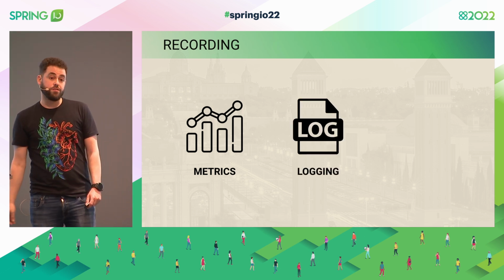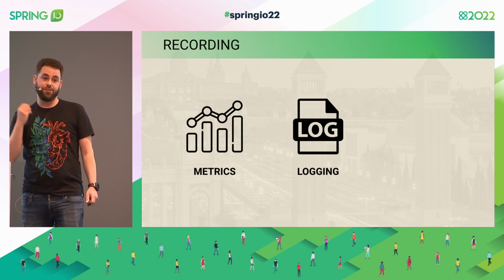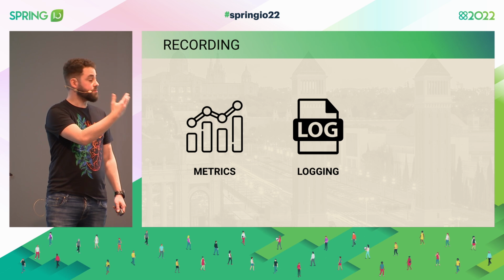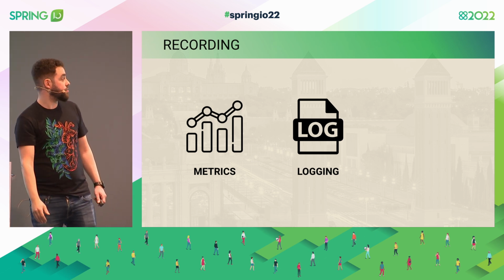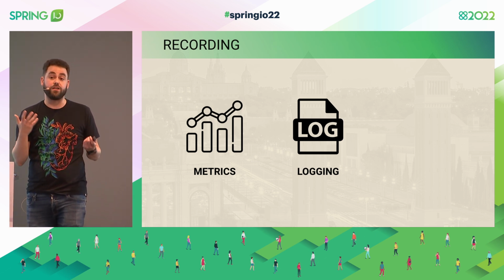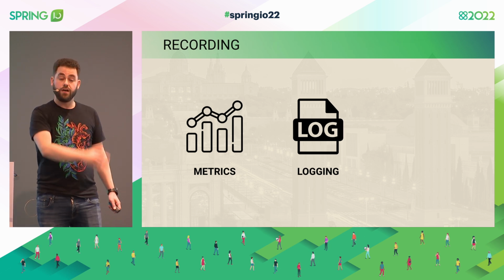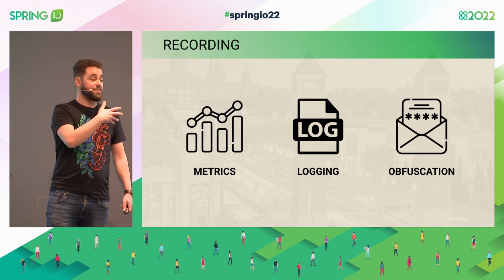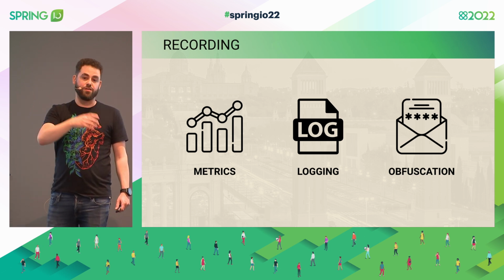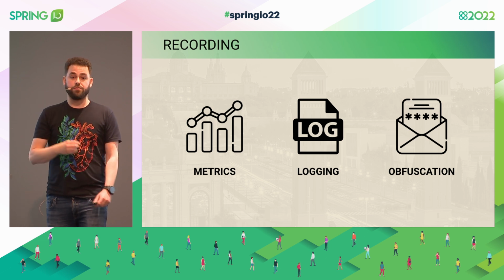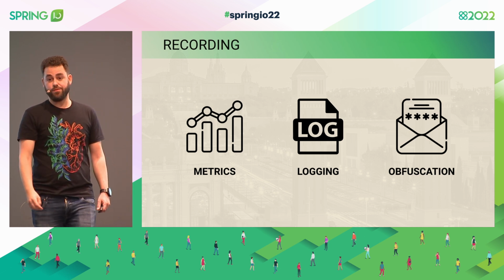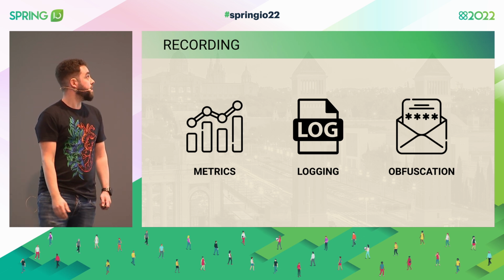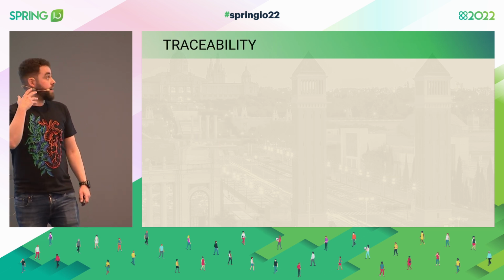We also have to log, so it's not as simple as, okay, the error rate has gone up. Now I have to understand how it has gone up. So logging comes into troubleshooting. I'm going to troubleshoot specific incidents, and I need information about what's going on in the system to reproduce it, understand it, and ultimately fix it. And logging comes with its own complications, right? There's this thing called GDPR, and on top of that, we might be logging payloads, and in those payloads we can have credit cards, for example, something that we don't want in plain text in the logs because they shouldn't be there.